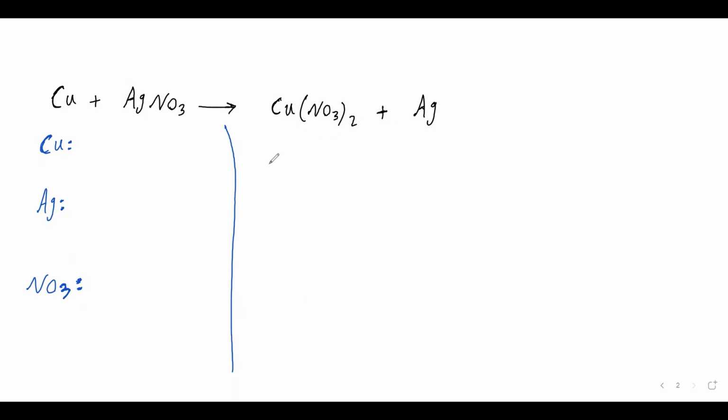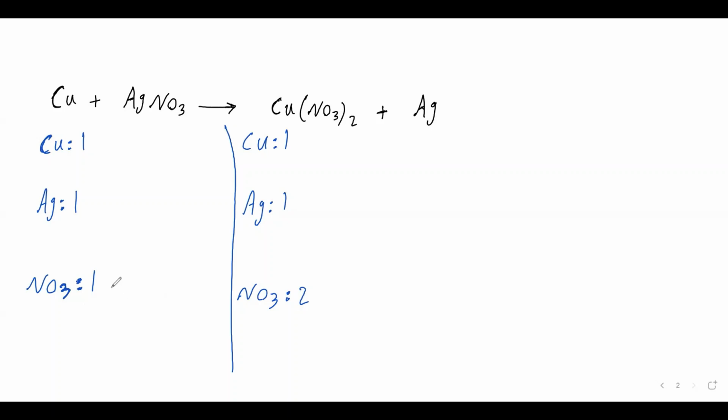So on the right side, product side, I have the same elements. I have Cu, I have Ag, and I have NO3. Okay, how many Cu do I have on the left side? I have one. How many Ag? I have one. How many NO3? I have one. On the right side, I have one Cu. How many Ag? I have one Ag. How many NO3? I have two NO3. So 2. Okay. So Cu 1 and 1, so it's good. Ag is good. NO3, we have to deal with this NO3. I have 2 on the right. I have 1 on the left. So we have to